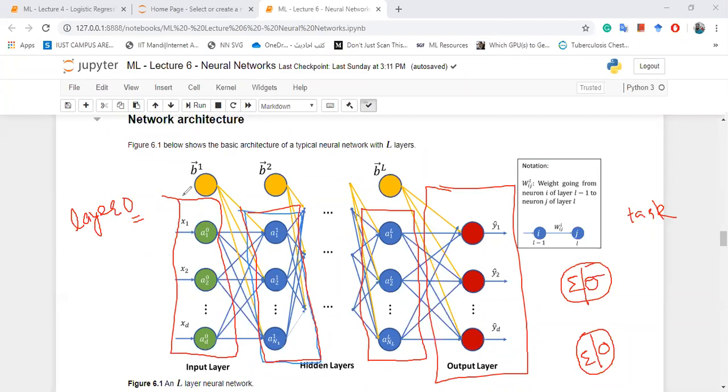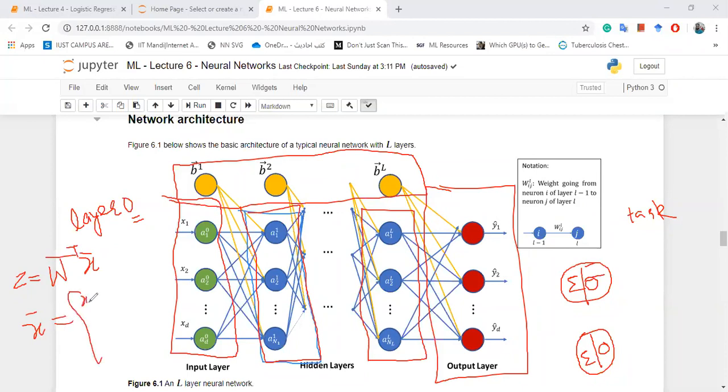Fine. Now, in addition to that, we have these bias units at the top. So if you remember, the aggregation, this Z, in logistic regression we said something like W transpose X. And in that X, we were adding one more unit called X0, which we were keeping as 1. Corresponding to this unit, we were also appending 1 in the weight vector as W0. So this W0 was basically the bias. Fine. So these are all the bias vectors.